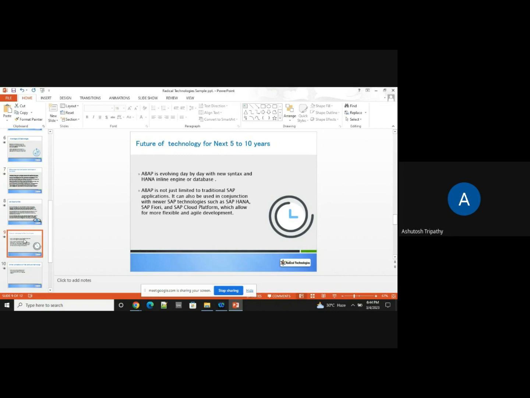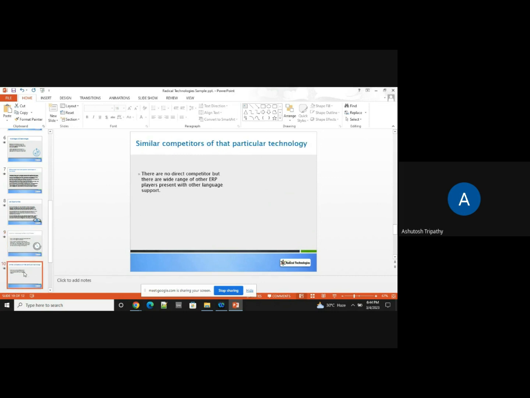So there are various technologies coming up with ABAP as a supported platform. Now, competitors: there's no similar competitor directly present to ABAP, because it's a sole language made for SAP. But there are various ERP competitors present in the market, like Salesforce, JD Edwards, Oracle, Tally, Zoho, and so many other ERP players.